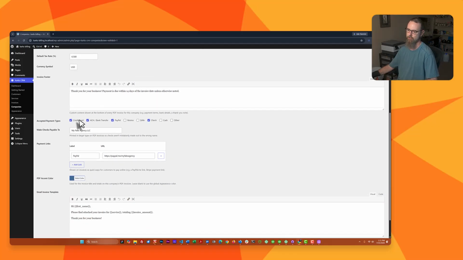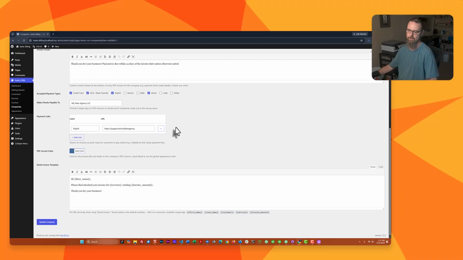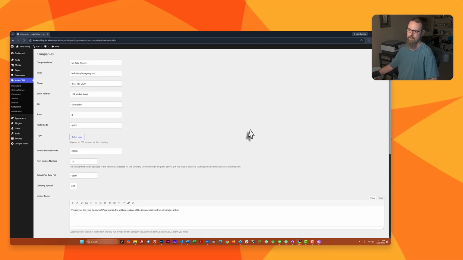You could choose your different payment providers and ways to create payments. Payment links on your invoices. And this generates PDF invoices, I should say, too. It'll generate a PDF invoice, and you can actually mail it to your client via the CRM on the front end here. So if I'm going to look at the front end,